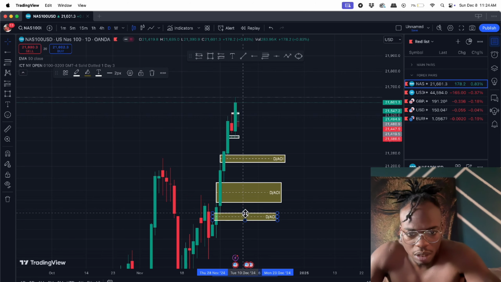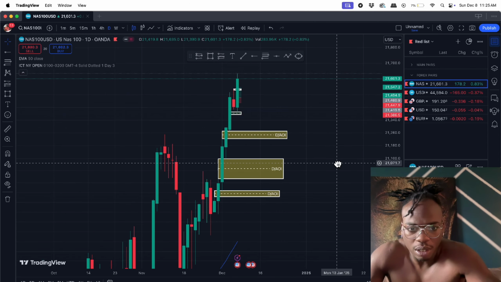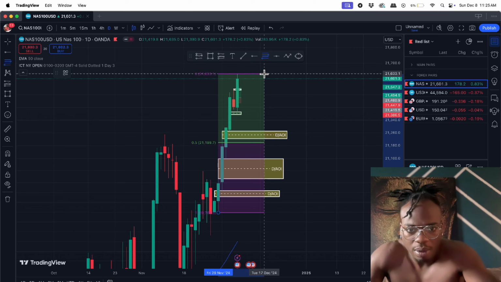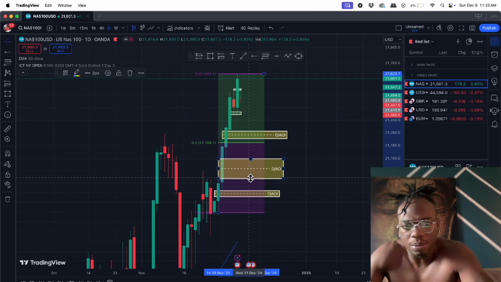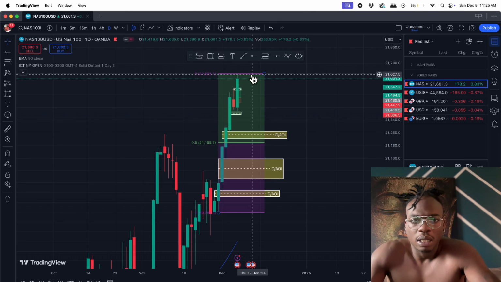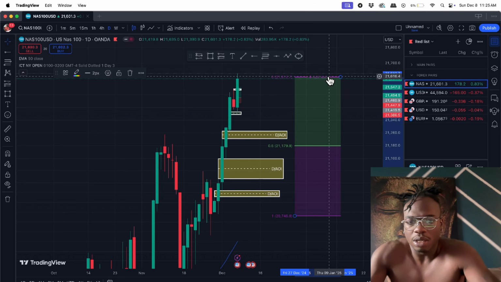1, 2, 3. But we're only going to be interested in, let's see, these 2 at the bottom right here. We're only going to be interested in this. This ain't nothing but like a discount and